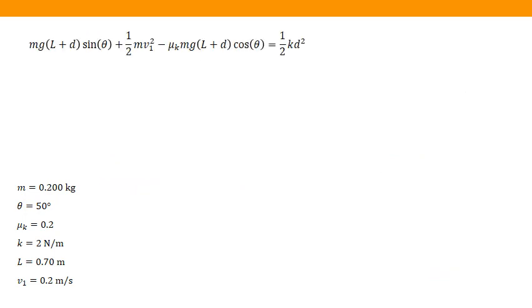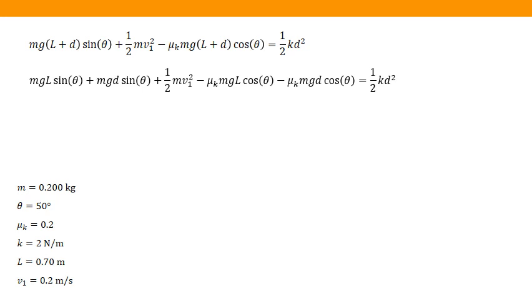If we start with the expression you saw, I'm just going to unpack these terms where I've got an L plus a D, so I'm going to distribute my mg sine theta to both the L and the D in each of these. If I do that, I get a longer term, but something important to remember is that this is just a number, this is just a number, this is just a number. Okay, so I'm going to do a little bit more grouping,